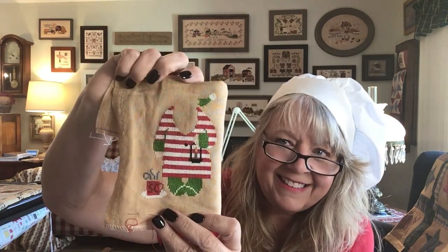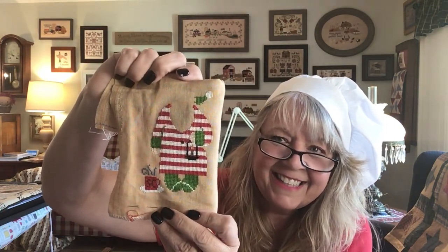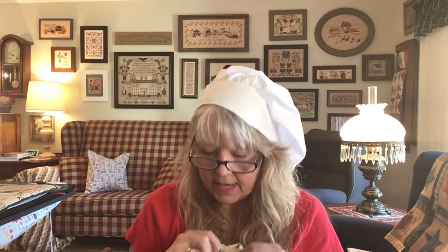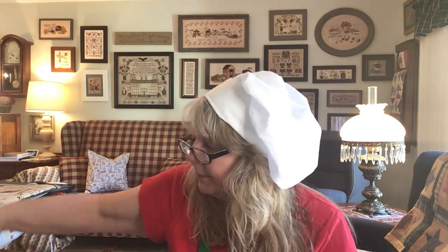That's where he's at. Really fun, really fun. And I think I have 5 more Lizzie Kate Santa patterns that I have gathered. So maybe I'll have time to do another one. I think because I stitched